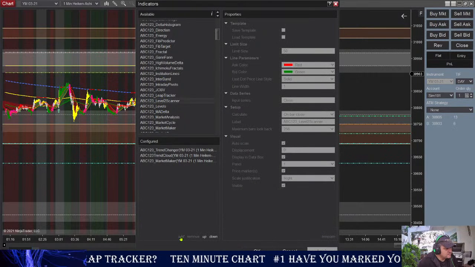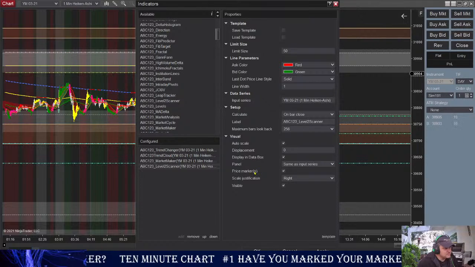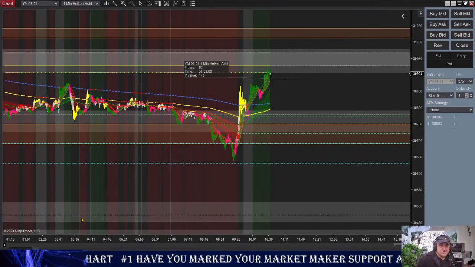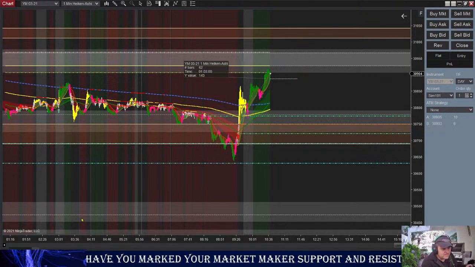Actually, what I want to teach you guys is, this one is going to be good as well. We'll see if it works well in the YM. I'm going to go to a level 2 scatter. And what the level 2 is,